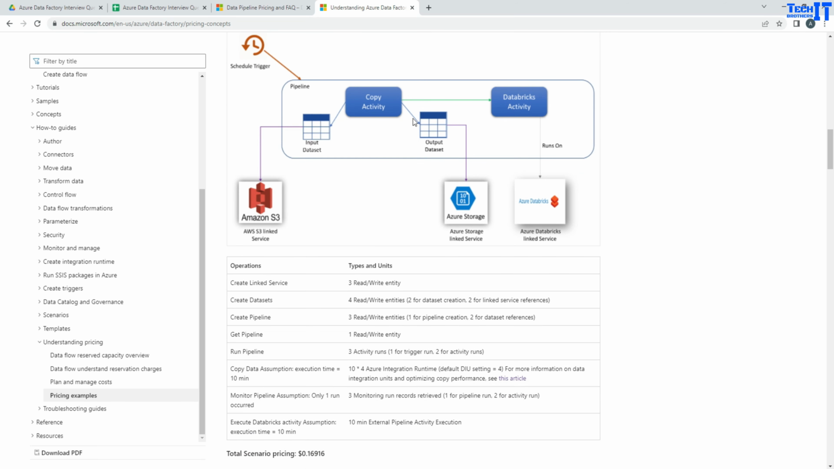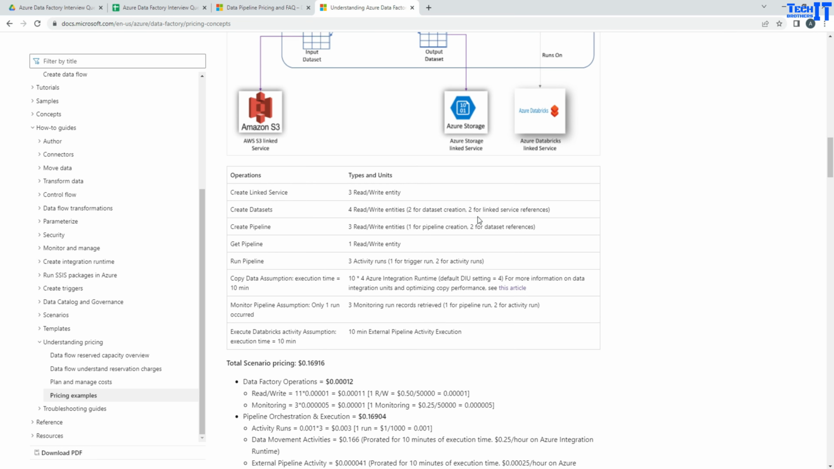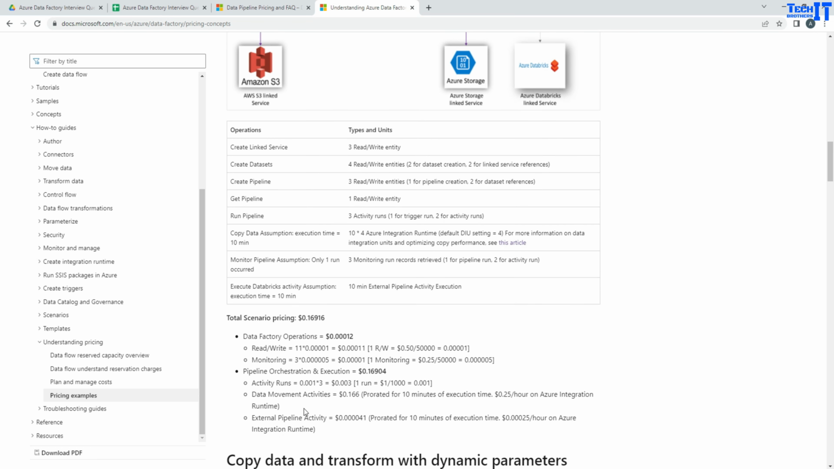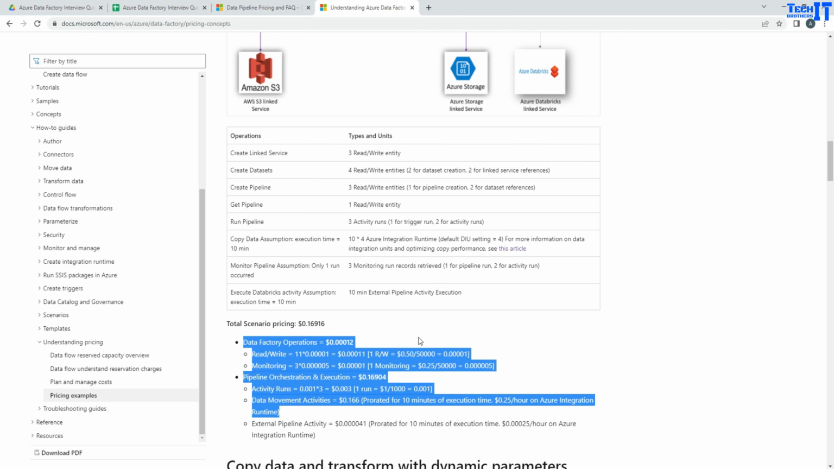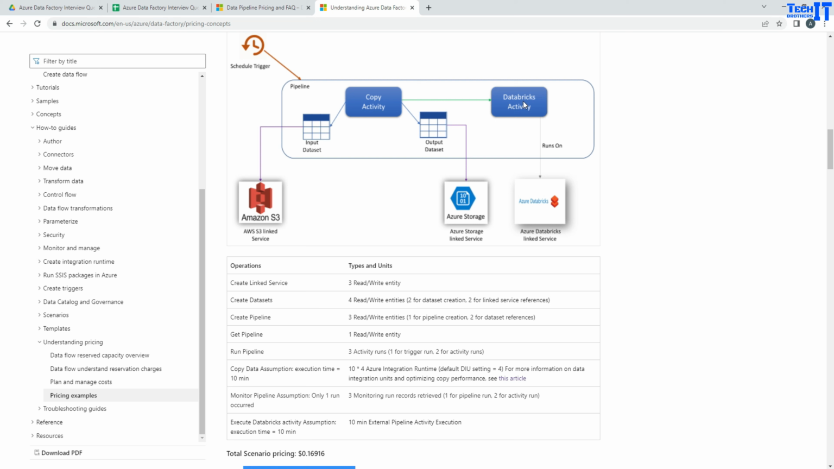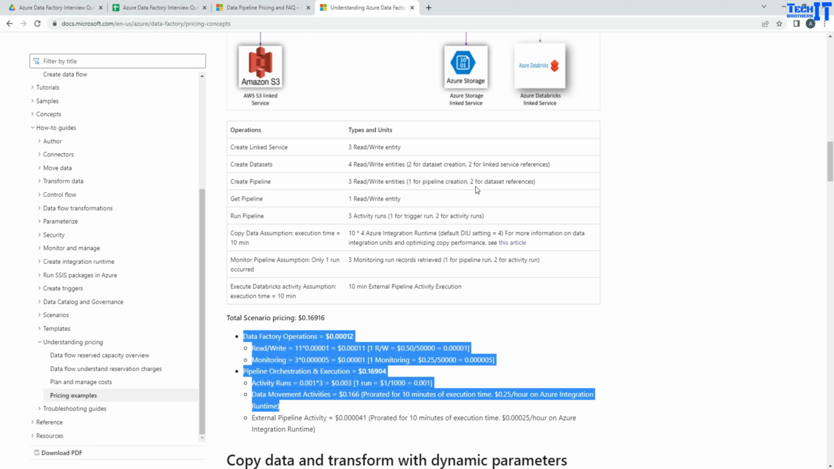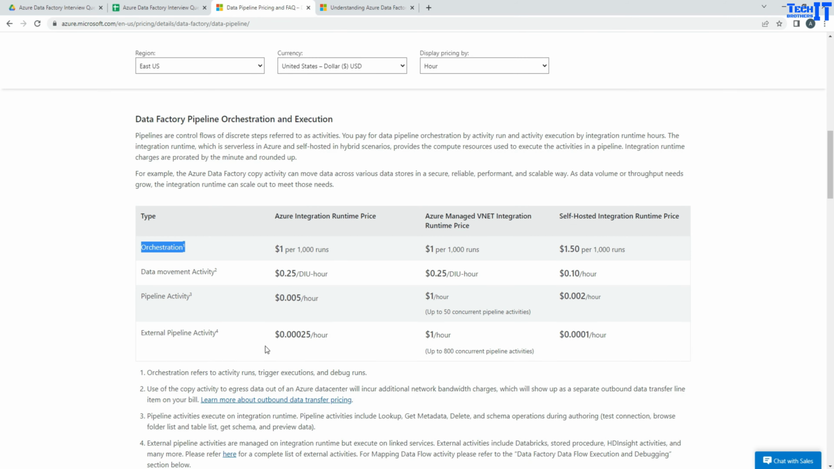This is exactly the same scenario where you have copy activity and then you have Databricks activity. The only difference is in the Databricks activity, I want to mention that it's called external pipeline activity. So the rest of that calculation is exactly the same. But let's say you are running a stored procedure from Azure SQL database or a Databricks notebook that runs for 4 hours. You are not going to pay for 4 hours of money for all that time. You are going to pay some very small amount, because these are called external activities and they are way cheaper,